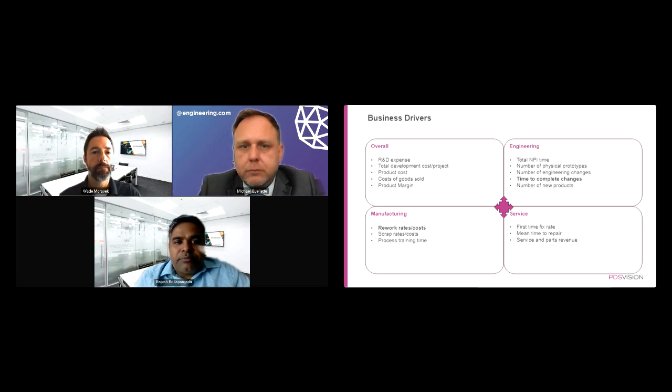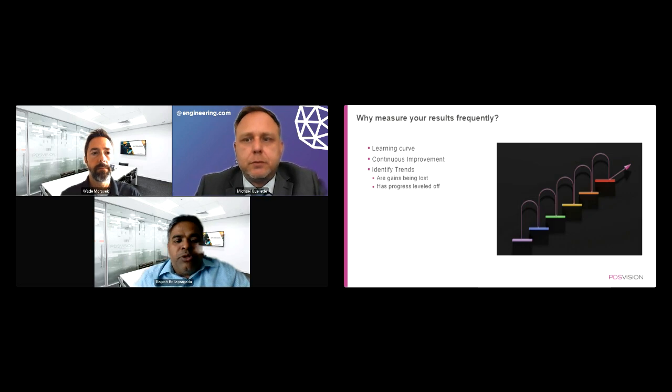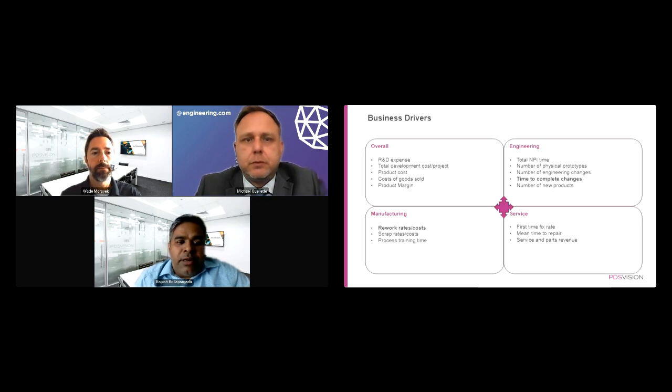could be measured, and it all starts with what it is that we are trying to improve within the company. Maybe I'll progress here to the next slide. In this case, what we're looking to do is tie this back to those business goals. If I want to improve revenue, then maybe that's related to NPI time. So we need to understand, is it revenue oriented, or is it savings oriented, where we have to look at probably the raw material cost or the scrap costs that can be reduced.